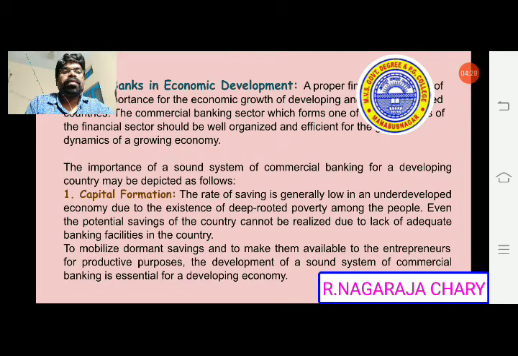That is the reason, to establish new business establishments or new societies, banks provide capital to the business organizations. So that's why we can say capital formation is done by banks. Due to this capital formation, new establishments will come, new employment will be generated, and new productivity is increased. So we have various advantages for this development.